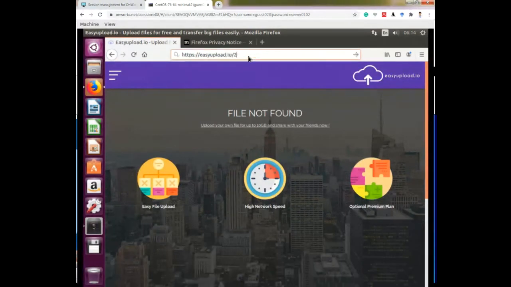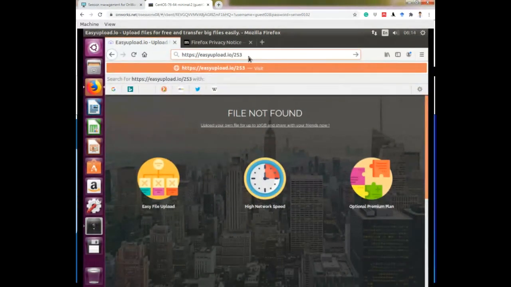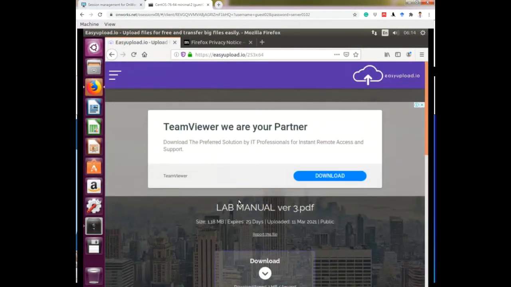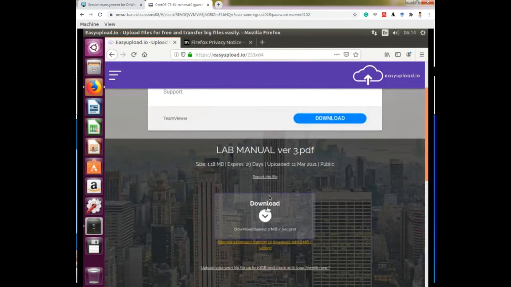Here you write 253 x64. And now the file is available, you can download.